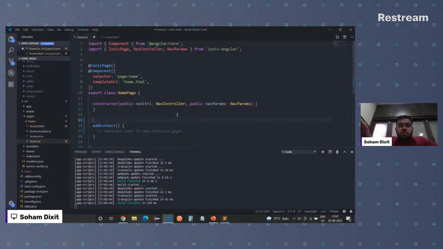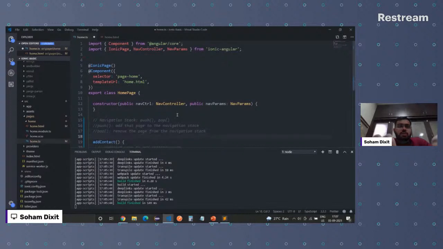Okay, so let me comment that out. Navigation stack: we have two methods, one is push and another one is pop. Push will add that page to the navigation stack, and pop will remove the page from the navigation stack.